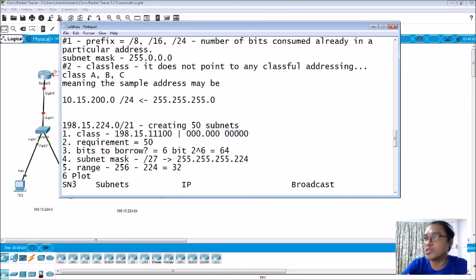Now we are going to erase this one first. In order for us to create 50 subnets as our requirement here, we have to borrow bits. Take note, this portion here can never be used. This portion is still free bits. So how many bits are we going to borrow if we are going to create